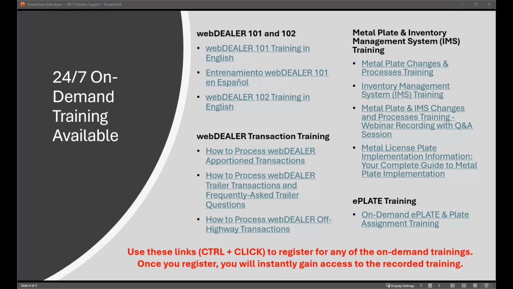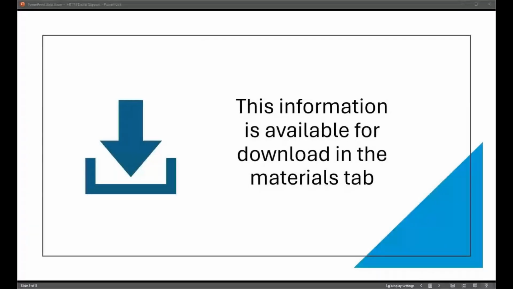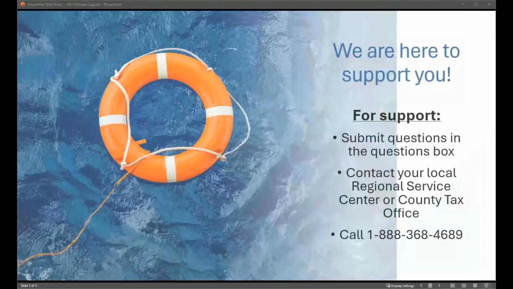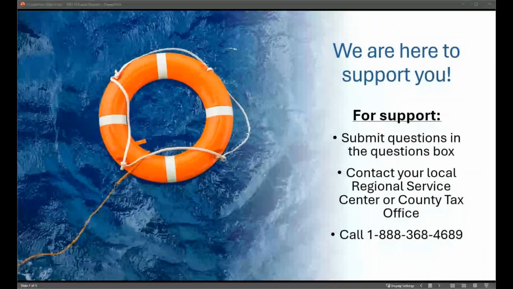Within 30 days is when you will submit that title application transfer, and that will be processed through WebDealer. Once that county tax office reviews and approves that application, that's when the registration sticker will be assigned. And at that point, you would just need to be in communication with the county tax office, whether they let you know that they're ready for pickup or however you typically work that out with your county. And then once you get that sticker, provide that to your customer, and that's when they attach it to their windshield.